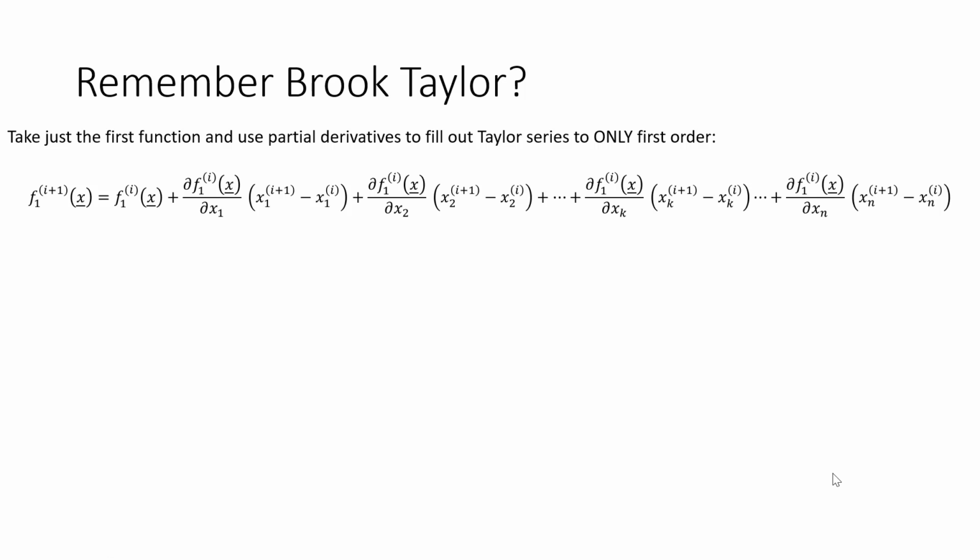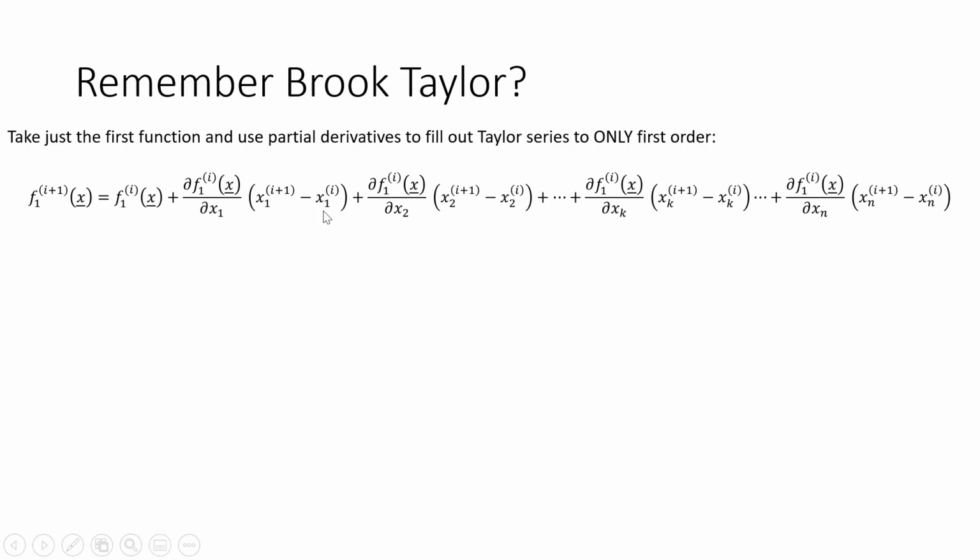You guys remember Taylor series? Seems like it's ubiquitous. But what I'd like to do is take the first function, that scalar function of the multiple variables, the vector x, and I'd like to do a first order Taylor series expansion. And what that means is that the next function evaluated at xi plus 1 is going to be the scalar function evaluated at xi, and then I'm going to have